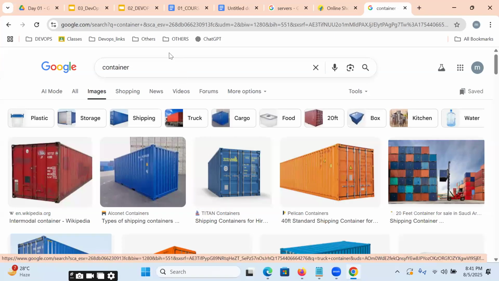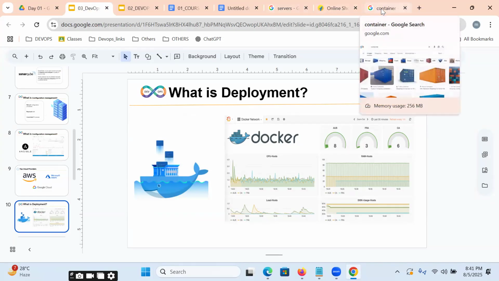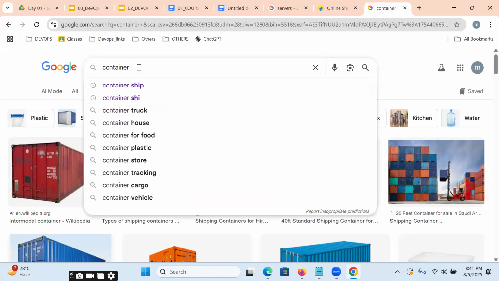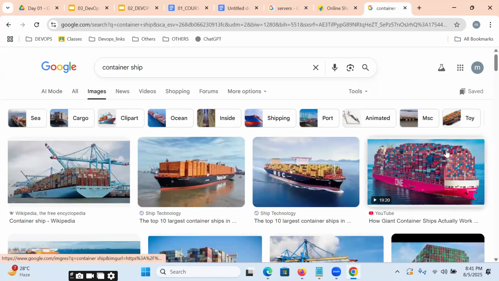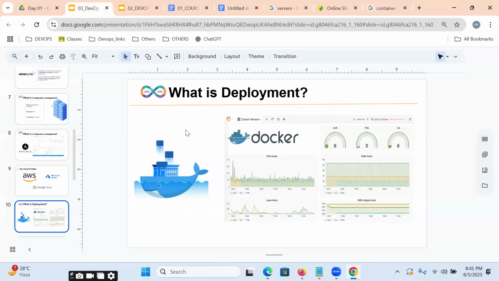In the same way, by using a Docker container, we can transport any kind of website like Flipkart, Amazon, BookMyShow, IRCTC, Java, .NET, any kind of application. But these containers are managed by a ship. A single ship can manage all our Docker containers.